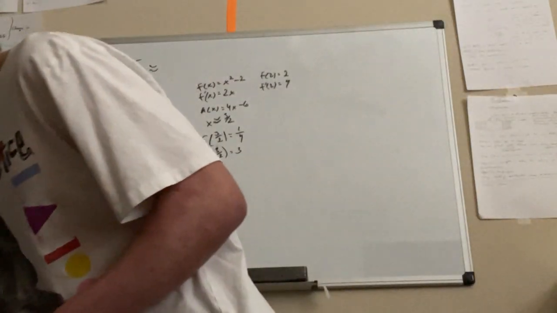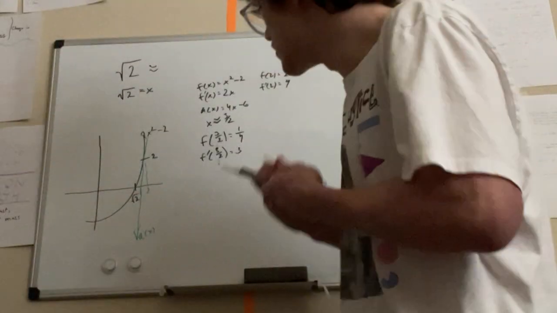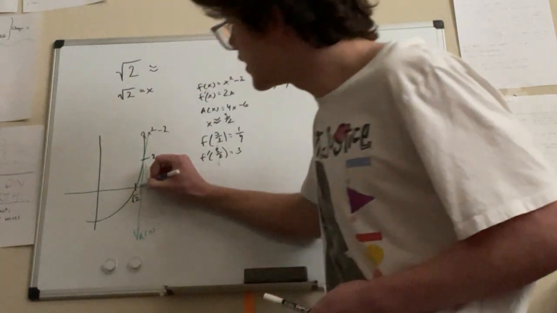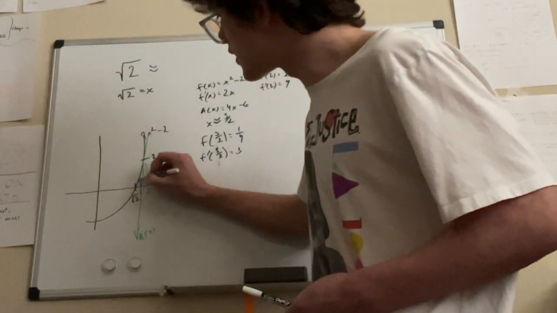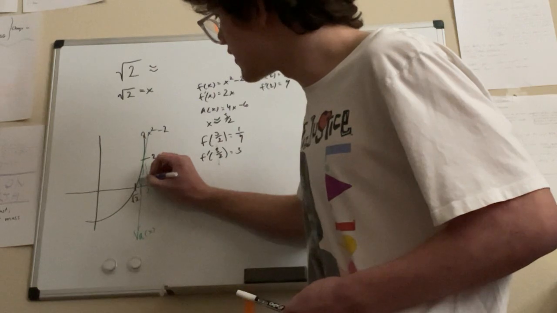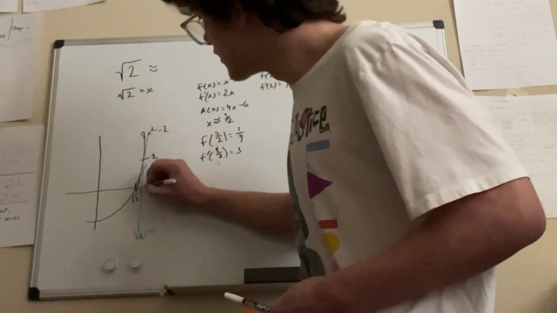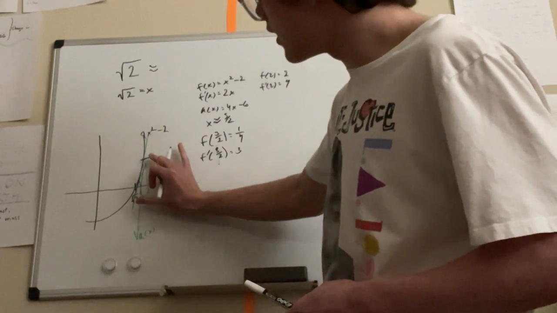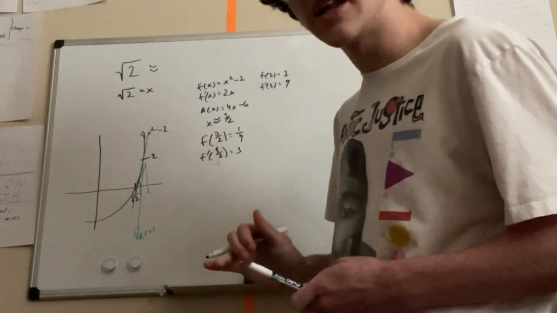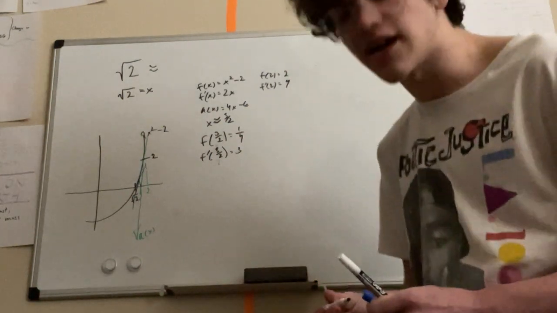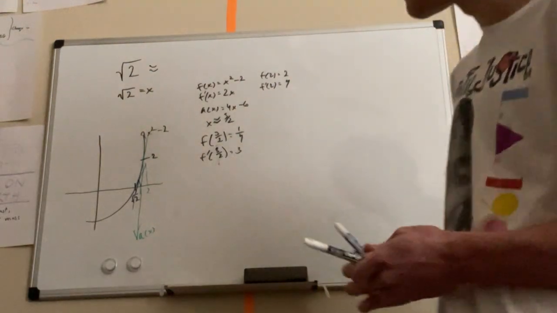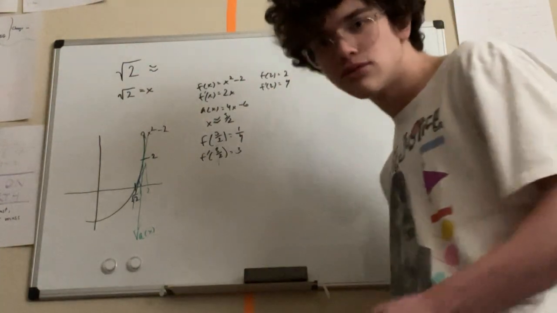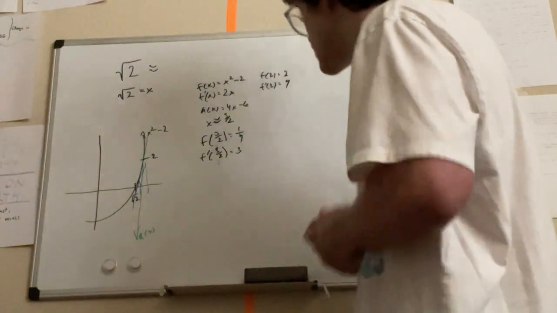I'm going to use another color. Blue. So then, right here, this line kind of comes up, and then we find the slope of here, and then it kind of goes out like that. And then we find the x-intercept for that line. And it gets a little bit closer every single time. Isn't that a beautiful thing? Okay, so